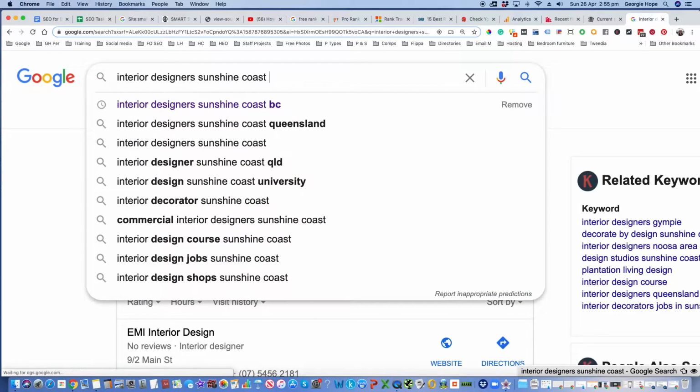and then I hit the space bar after that, it will bring up a whole stack of other things. I had to go and have a look at this because I was like, what is BC? Sunshine Coast BC. But of course it turns out that there's a Sunshine Coast in Canada, in British Columbia, and so that stands for British Columbia. Anyways, so people are searching for interior designer, Sunshine Coast,